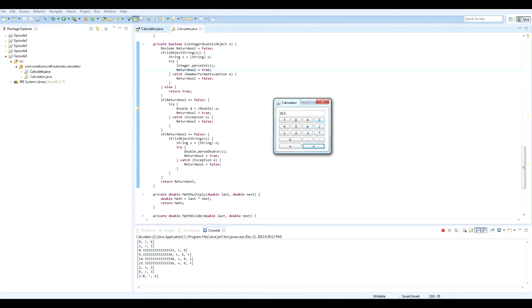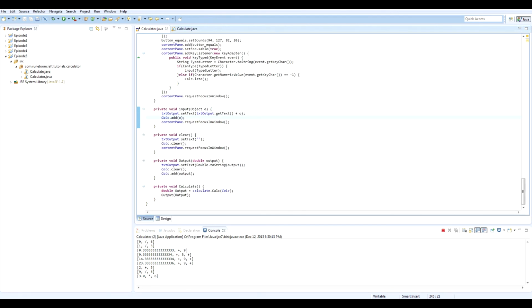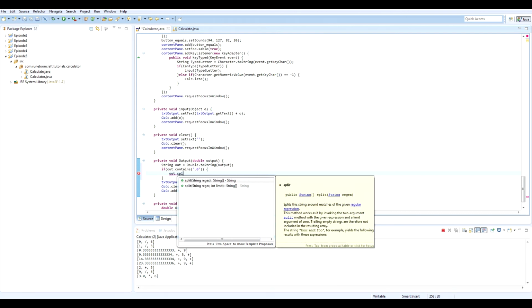So 3 times 6 is 18, and as you can see, there is a .0 at the end. If you want to get rid of that, in fact, let's do that now. Let's go back to our calculator class here, and first of all, where we do this double.toString in the output, let's do this before. So string out equals double.toString. Now we want to do if out.contains .0, out.split